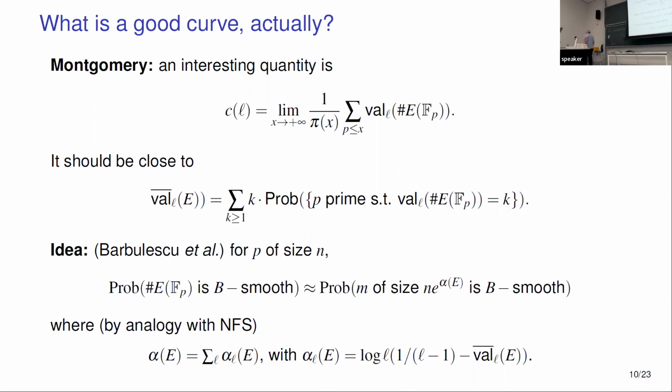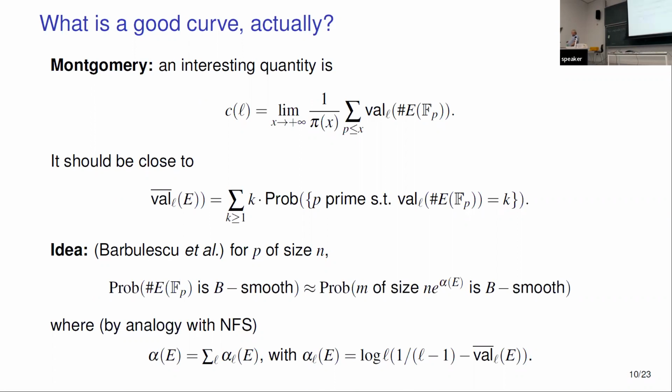So there's an analogy with the number field sieve case, leading to this formula. Okay, so if you look at this, you see that this quantity should be negative. And if it is negative, then it's much better. I mean, this cardinality here behaves like a smaller number. This is the idea